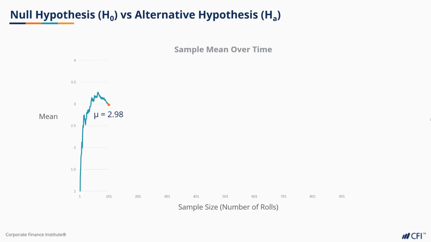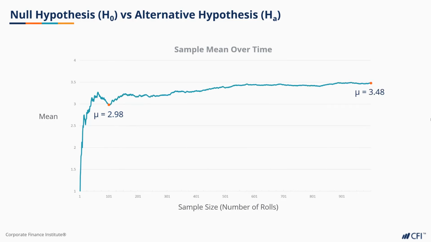You can also see this in our earlier simulation of 100 dice rolls. Initially, it looked like our dice was biased. But our simulation progressed very close to the mean when our sample size was increased to 1,000.